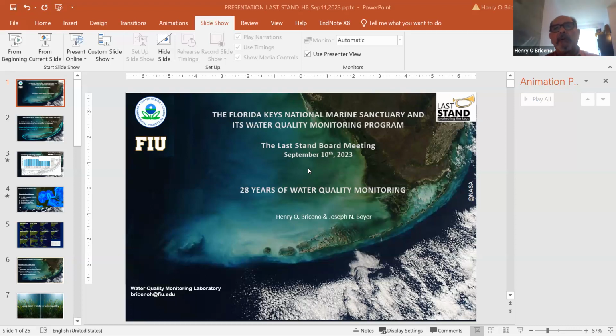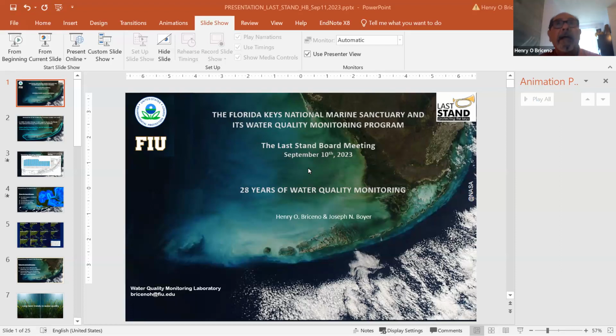With all that data, we were able to classify water types within the sanctuary, and then we produce this map that you have here, and those areas have water which is very similar, so it's easier than just working with individual stations. Those small dots are the individual stations that we have been